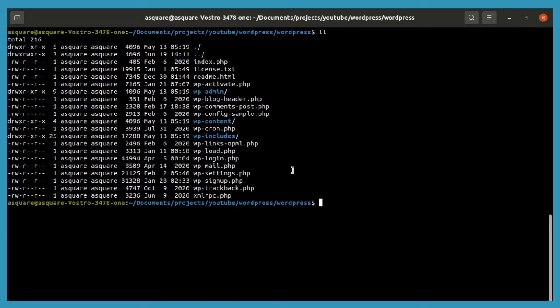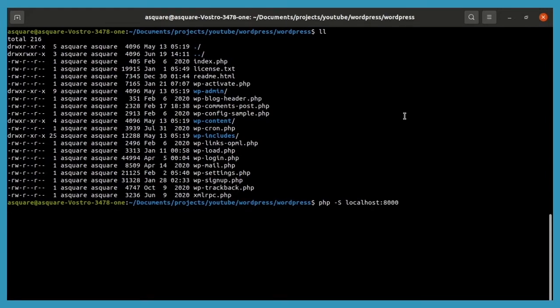We don't need to use Apache or Nginx for an HTTP server, but we are going to use the PHP inbuilt server. There is a very short and simple syntax that you can use to start the PHP server on your local Linux machine. First, you can navigate to the folder where you have copy pasted the WordPress files. Now let's start writing the syntax. The syntax is as follows: php -S localhost:8000. Now I will give a short description about each and everything about this syntax.